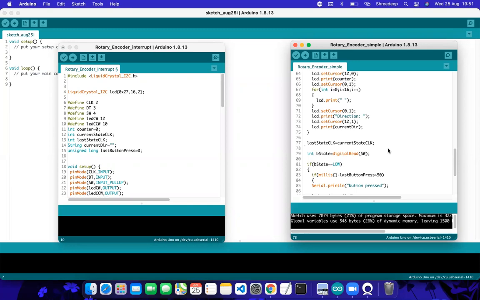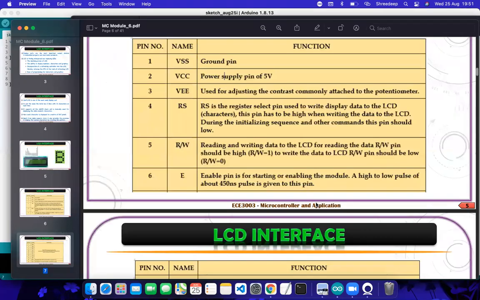Fine. So we don't need 8 data lines, but actually in primitive microcontrollers, we need 8 data lines. So we have a few data lines, maybe 4 to 8, and 3 control lines. Actually, we need 2, and the third one has to be grounded. And what is the value of this enable pin? It is pin number 6, the most important pin.